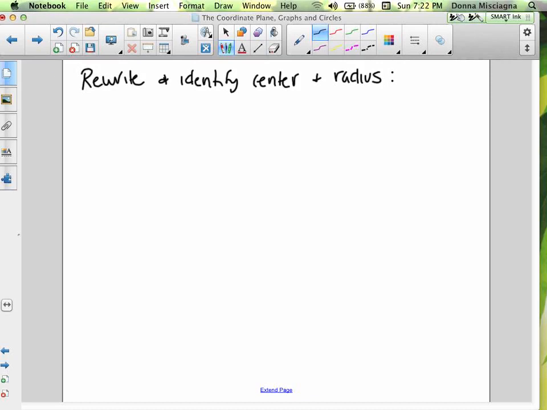I've been trying to keep the numbers kind of friendly. So I've given us all numbers that would end up being even, because it's much easier to take half of an even number. All right, and this one I'm just writing off the top of my head. So 3x squared plus 12x, oops, I'll put it in standard form, plus 3y squared,